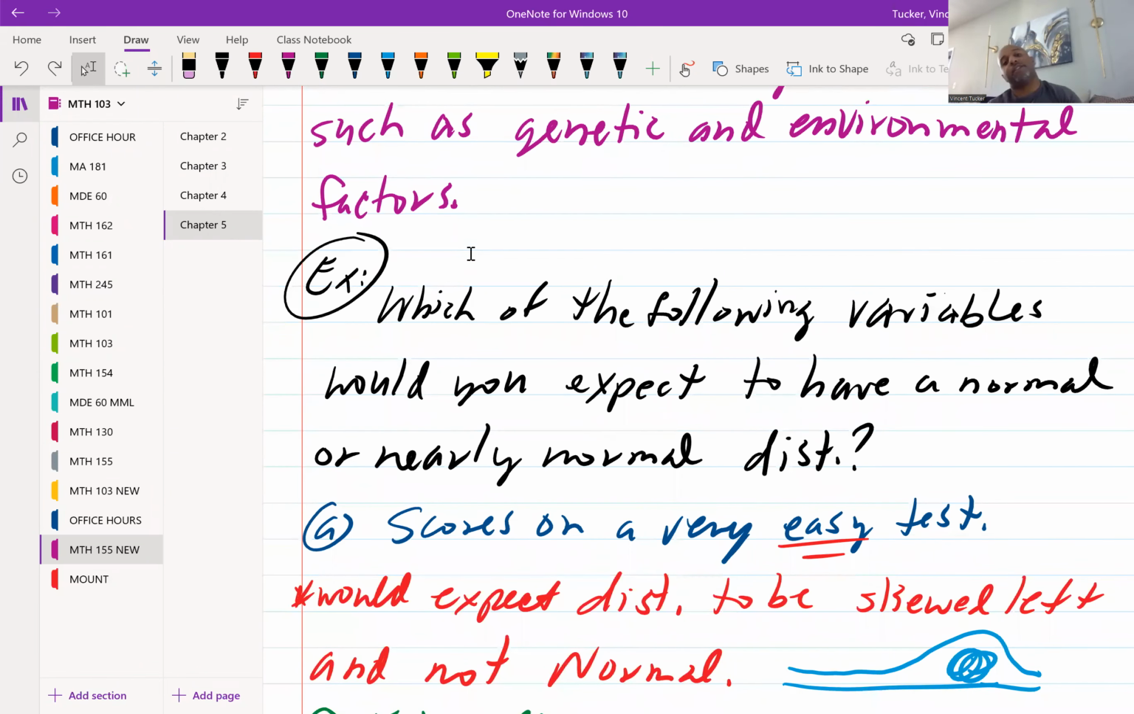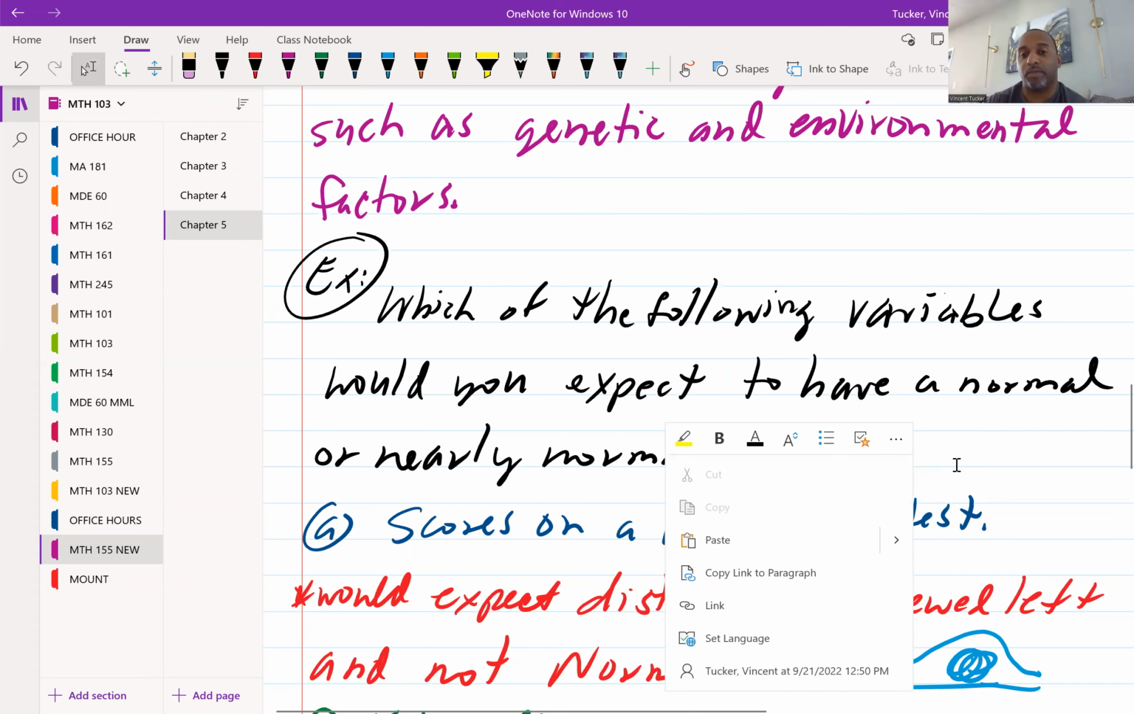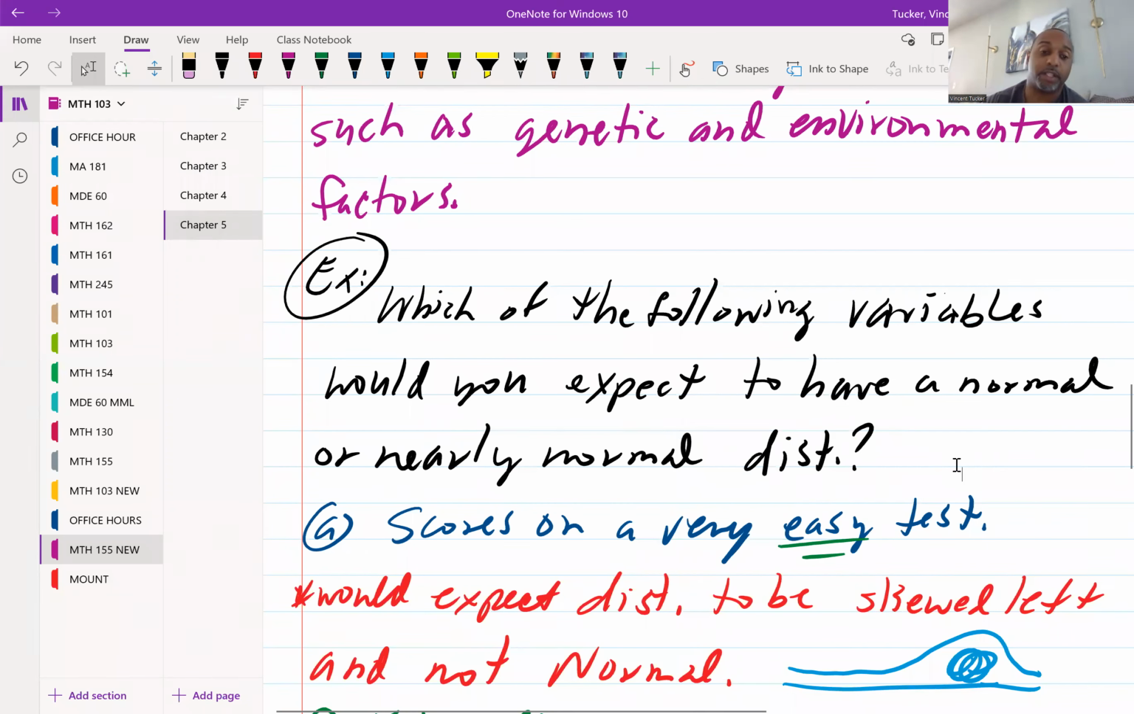All right. So let's look at this first one. It says scores on a very easy test. So first thing we have to emphasize here is that this test is very easy. So it's not a normal test. It's not a regular test. So we would expect this test to be skewed left and not normal, because since it's easy, we